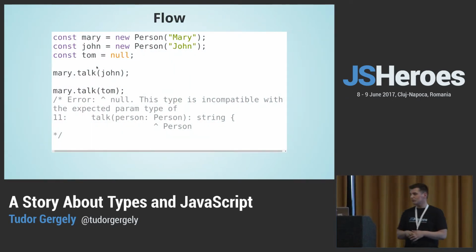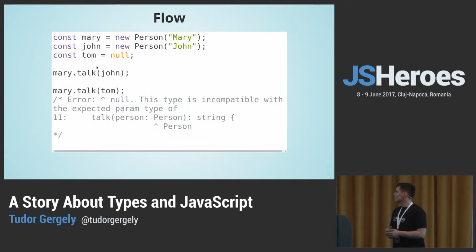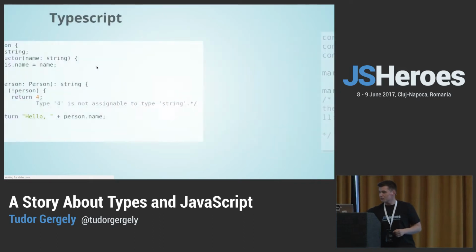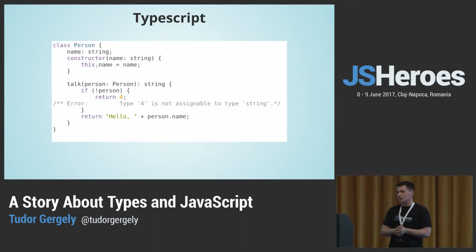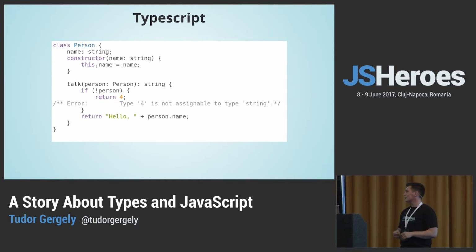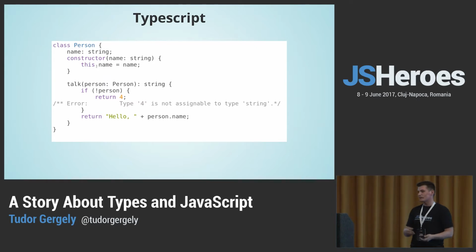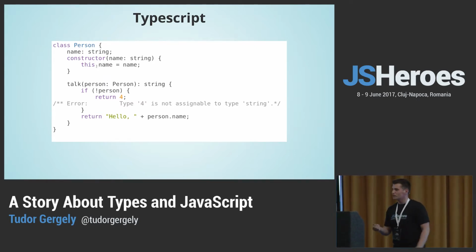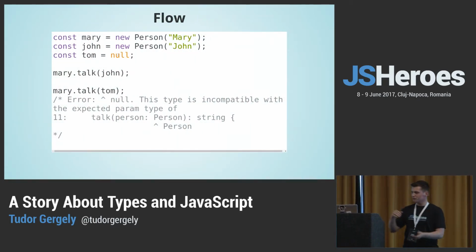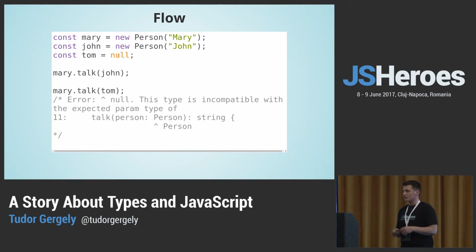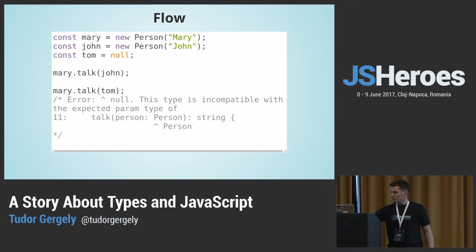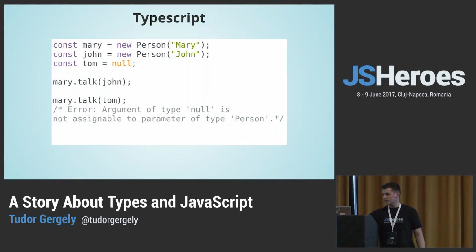Now, getting a bit more technical here, let's go back a bit. If you take a look at this function, talk takes a person. Now, a person, both in Flow and in TypeScript, you can enforce the compiler to say, if I say it's a person, it's a person. It cannot be null, for example. You need it to take a person. So here, let's say I pass Tom, which is null. If you take a look here, what will Flow do? It will tell me, null is incompatible with person, because null is not a person. We have the same thing in TypeScript, again.